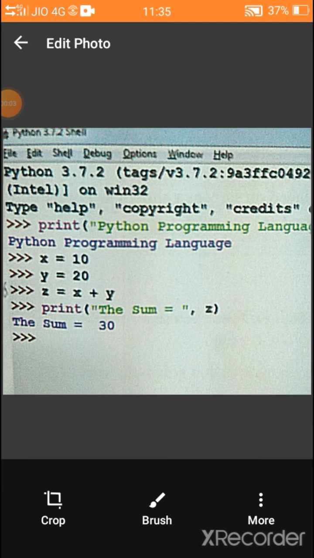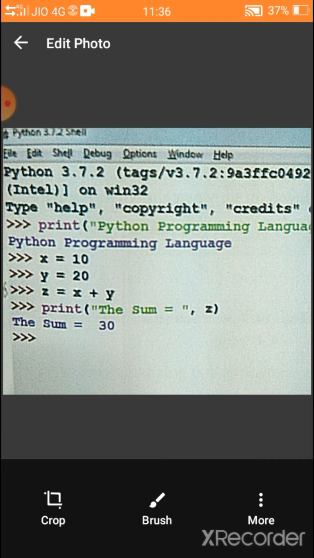This is a Python program written in interactive mode. Look at the prompt symbol. The three greater than symbol is known as the command prompt. The program starts on that line. Print is a function to display the output.